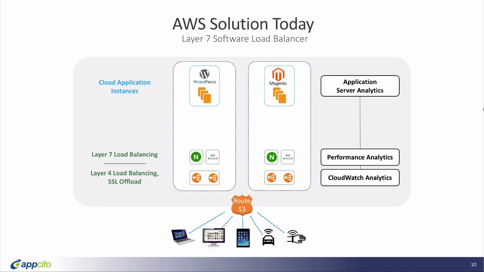So you could have NGINX only or HAProxy only, or they could be front-ending each other. It really depends on your architectural approach and the application requirements. In addition to that, you have performance analytics, a set of HTTP-specific analytics on how URLs are being parsed and then forwarded to